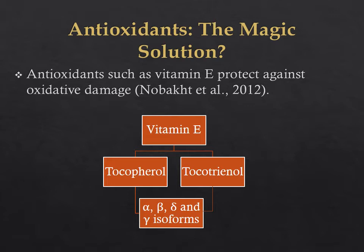And usually the answer lies in some sort of antioxidant, one of which is vitamin E, which is well known for its ability to protect against oxidative damage. Now, vitamin E itself is a common name for a group of compounds known as tocopherols and tocotrienols. Now, both groups of compounds have 4 isoforms each, which are the alpha, the beta, the delta, and the gamma